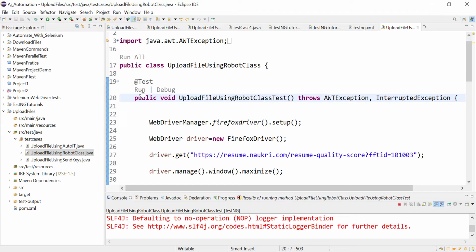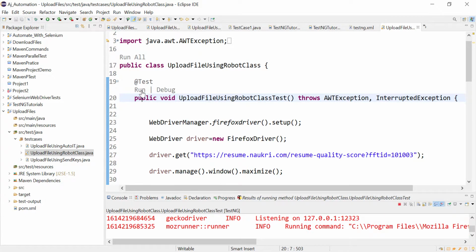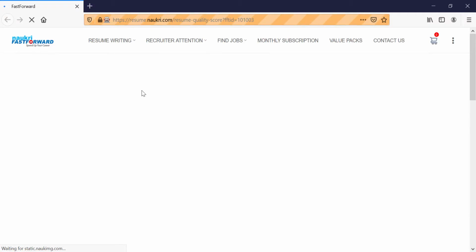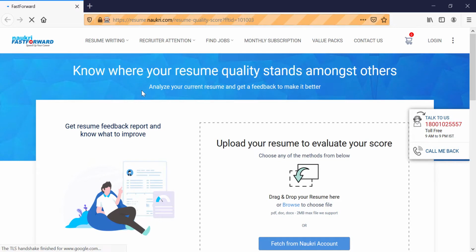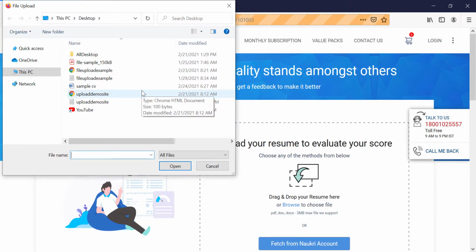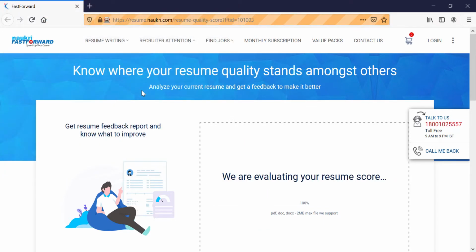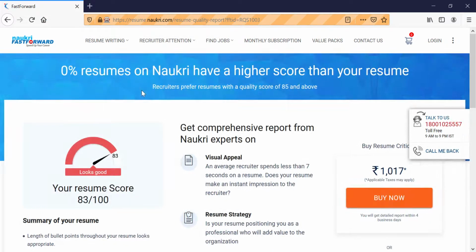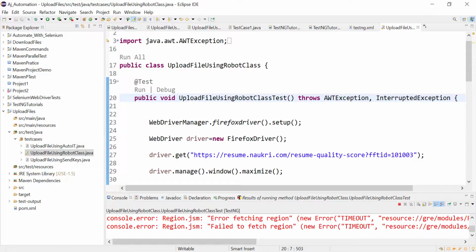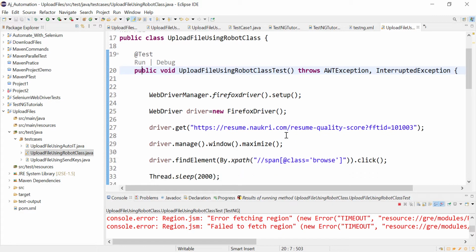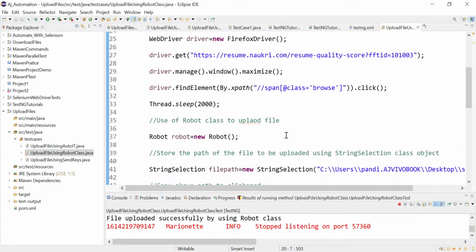Let us see. Okay, working fine now. So our script is working fine on Chrome and Firefox as well. This is how you can use the Robot class.